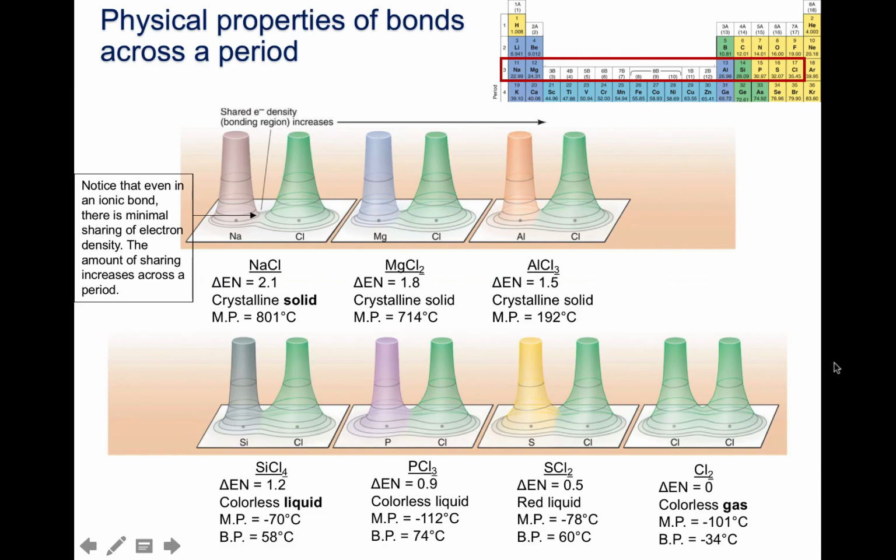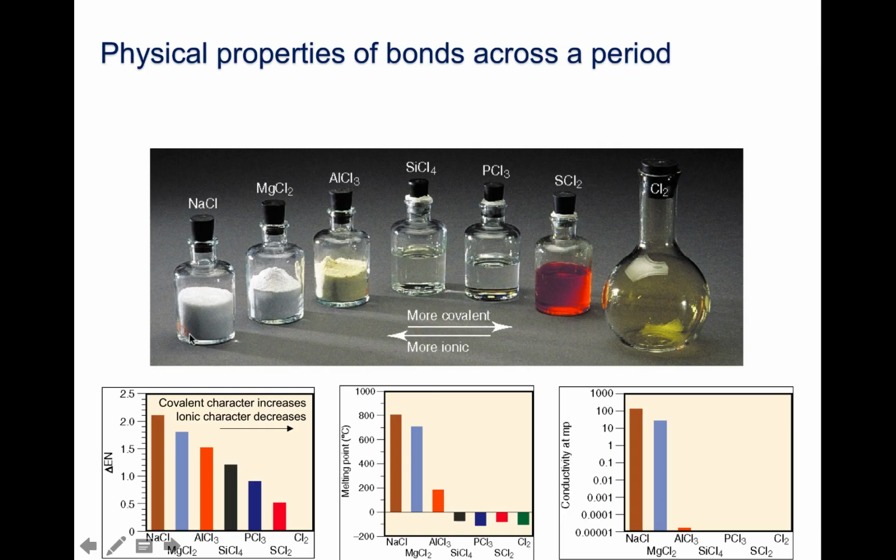consider to be covalent. So in general, the physical properties across a period, as we move across from left to right, the character of the substances is going to become more covalent, where the more ionic substances are on the left and the more covalent substances are on the right. And so here we have some diagrams where we have the difference in electronegativity versus the substances we were talking about. The higher the difference in electronegativity, the more ionic the character, and the covalent character increases as the electronegativity